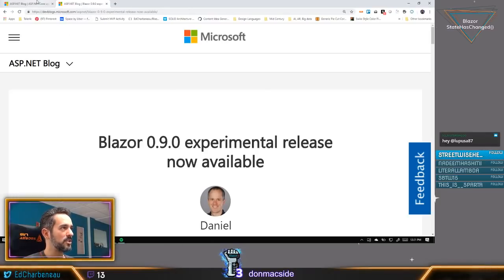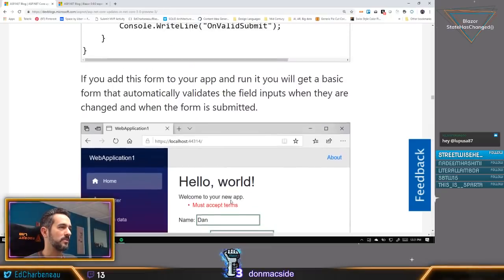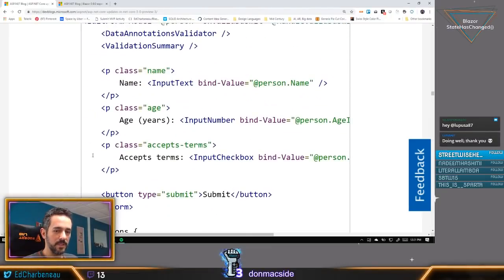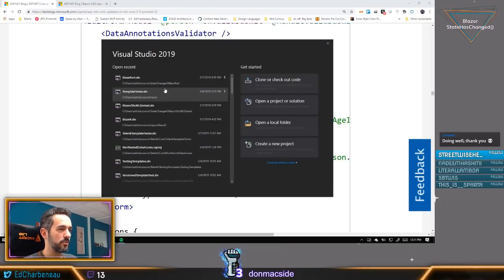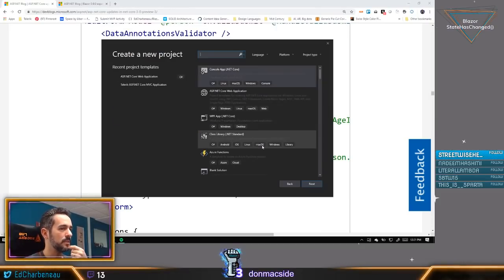So let's go ahead and jump into Visual Studio. Let's new up something. Let's check out forms validation, because I think that's a good way to start, and then we can mess around with some other stuff. I've got a project to upgrade and talk about some future shows that may deal with that project. So let's get into Visual Studio here. Let's do File, New Project, and let's talk about installation real quick